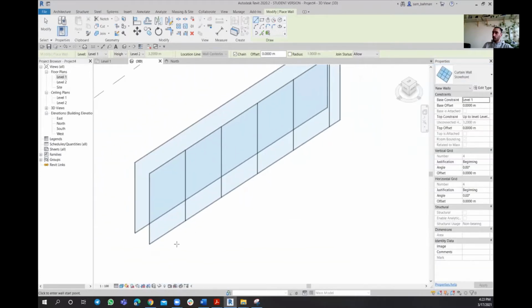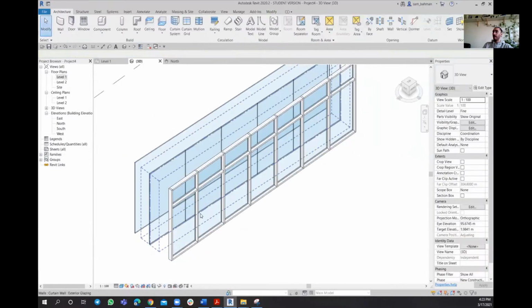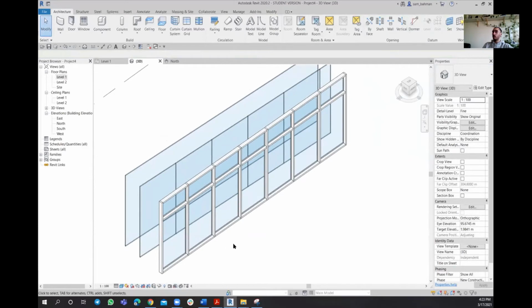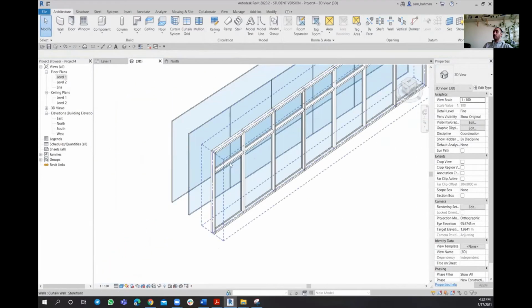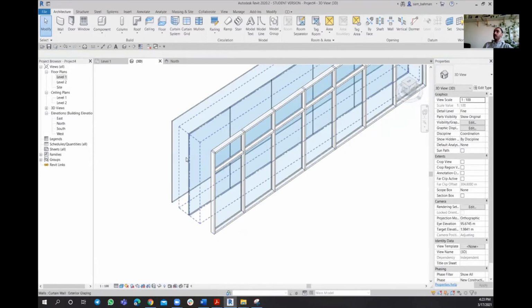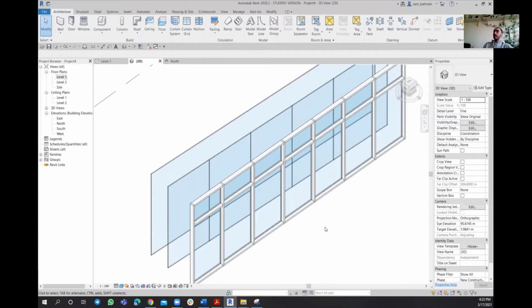So if we choose a storefront and again model the same next to all those curtain walls that we have, you can see this storefront. As you can see, the difference between the storefront and the rest is that we have something called mullions, right? Or we have more than one glass panel in a way that we didn't have on the exterior. So those are the three types of curtain walls